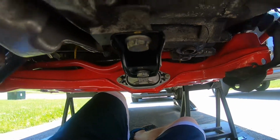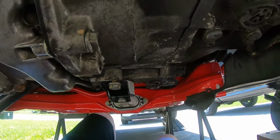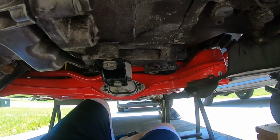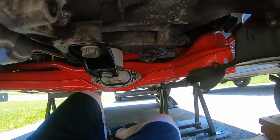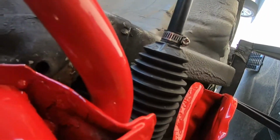But again, guys, because I don't drive this car often, as soon as I have it on the ground, I'll probably take it for a spin around the block maybe in the next week or so, and I'll probably bring it back, put it on jacks, retighten everything, then bring it to DAS Parts to check it officially, right? But yeah, and as far as the subframe ones, I think, so these two right here,